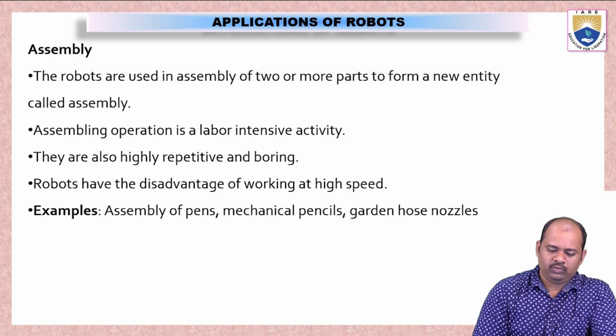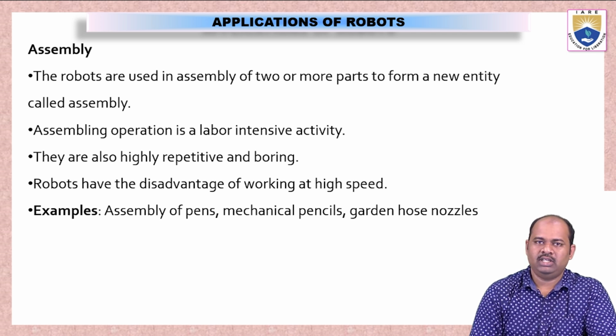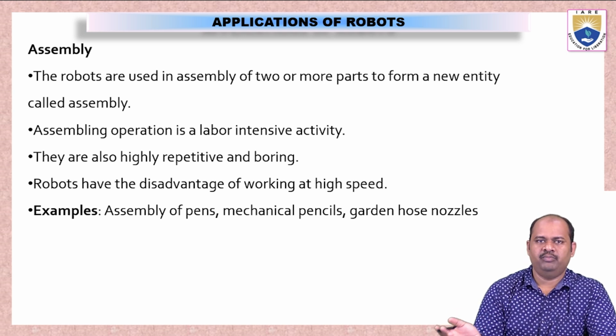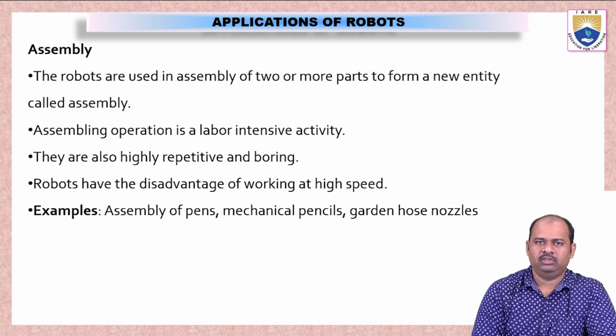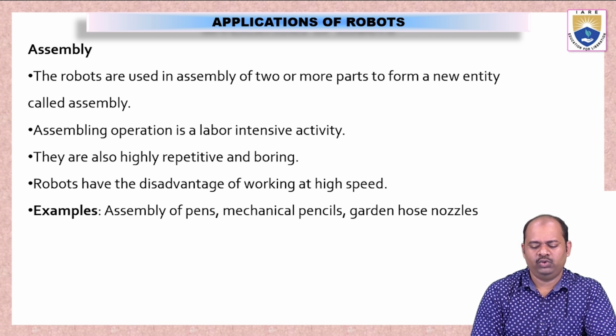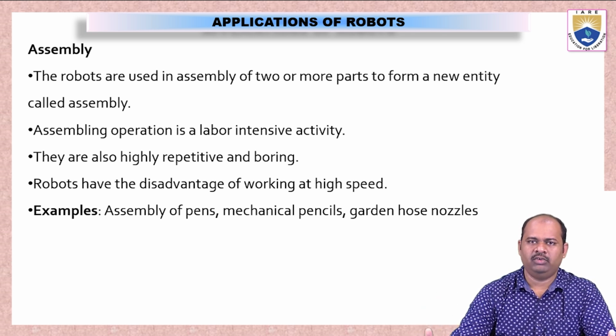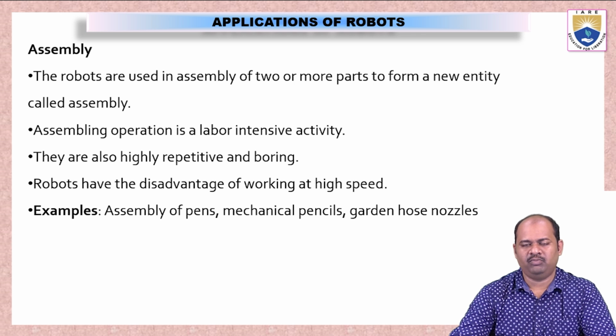Now let us see what are the applications of robots in assembly. In mechanical engineering, we mostly deal with different components of a body which are prepared or manufactured separately, and they have to be brought together and assembled. Now, whenever we want to do a big assembly, we don't need robots. Human beings can do that manually because of the hugeness of the body. When we want to assemble a truck, we can do it with the help of some robots and mostly